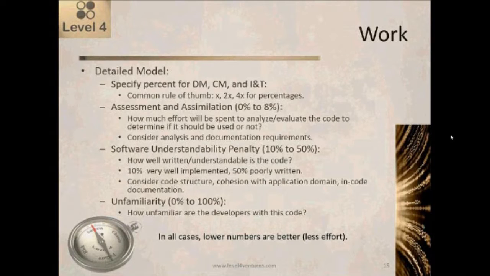And by the way, where I use the detail model quite a bit is anytime I'm dealing with unusual situations. So, for example, somebody says, well, what we want to do is we want to estimate the effort to port this system from natural over to Java, and we're not going to make any change in functionality. We're just going to do a straight port. Well, the best way to do that estimate is using the detail model, with 0% design change, 100% code change,